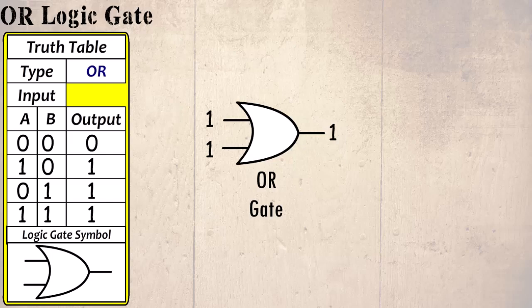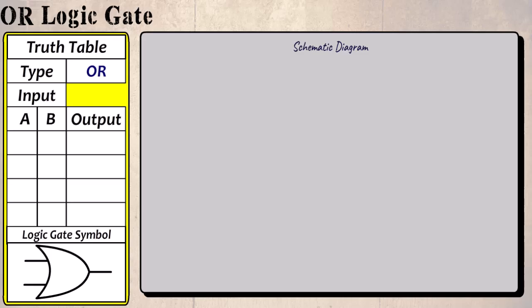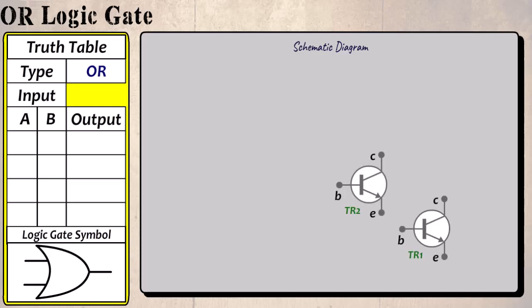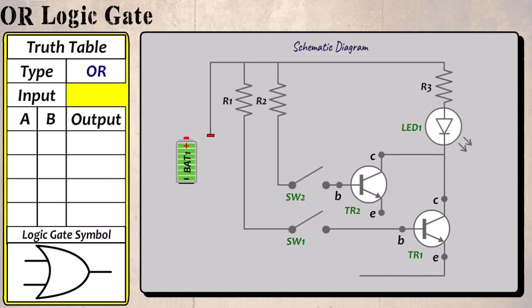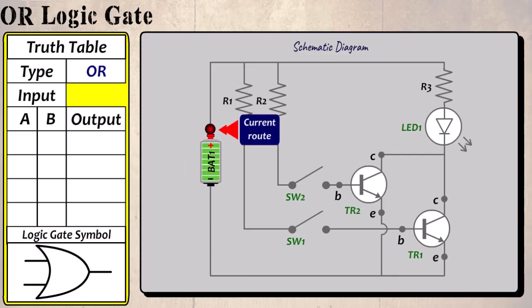Let's convert this into a schematic diagram. As before, we need two transistors as there are two inputs, two control switches, an LED and the battery. Finally, three protection resistors. Let's connect the battery and see what the result is when both switches are set to